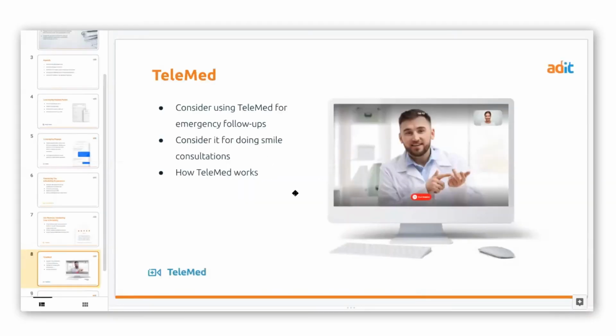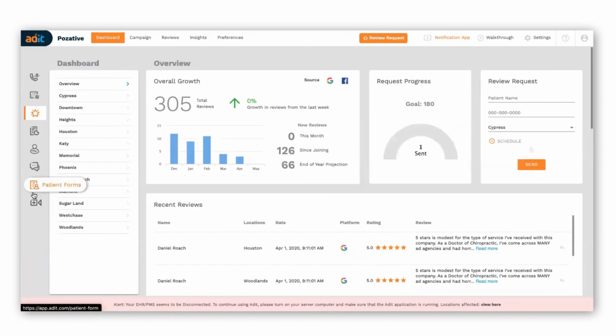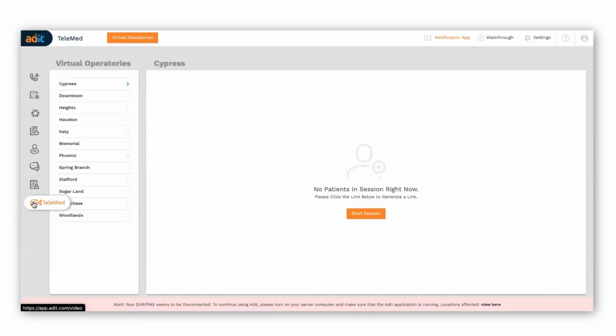So the way telemed works is essentially you're able to start a video session. Let's click on telemed, for example. It's a very simple software. One of the biggest problems people have with using visual softwares is that there's always a download software kind of thing, so it becomes very difficult to download a software, turn it on, and there's complications. With telemed, everything is fully virtual and non-downloadable. For example, if I'm on telemed and I click on Memorial, and I click on Start Session, it's going to immediately allow me to start a session and ask to use my browser's video